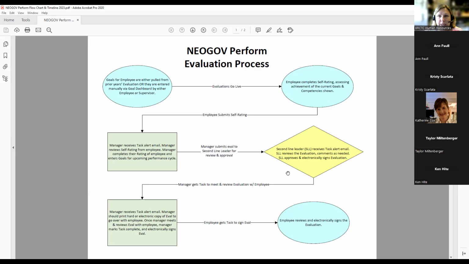Once the employee has completed their self-rating, the system will send you an email letting you know that that has been completed. And then once you've completed your portion, it will send a task email to your supervisor so that they can review the evaluation and make any comments. If they want to reject it and send it back because they feel like something needs to be added or removed, they can do that. And then they'll have the approval, they'll sign off on it. Once they've signed it,